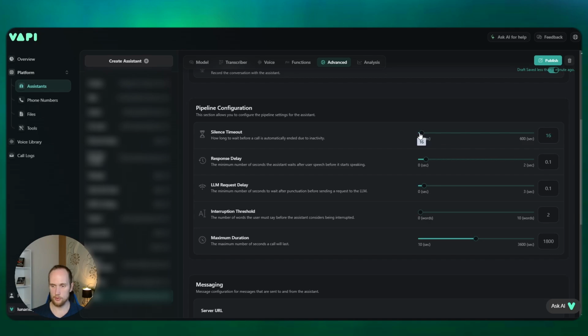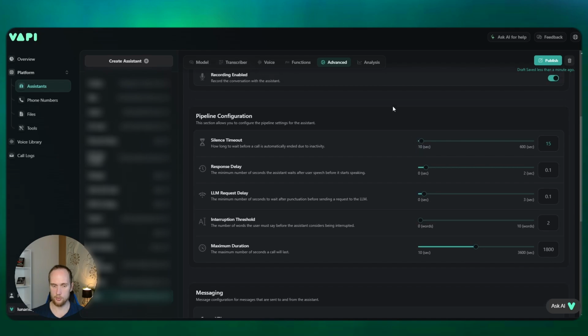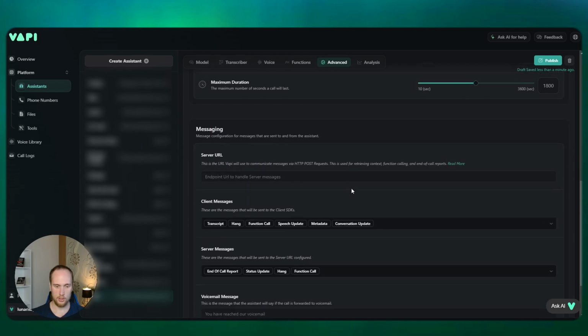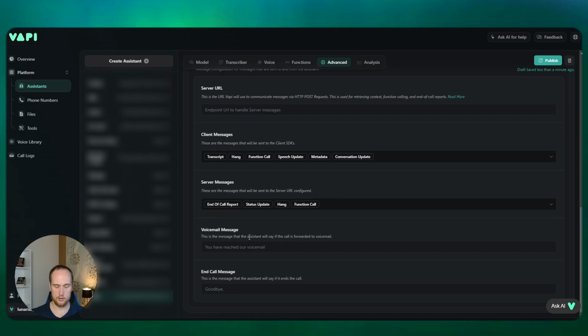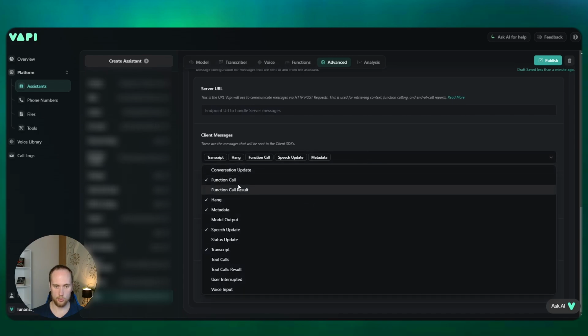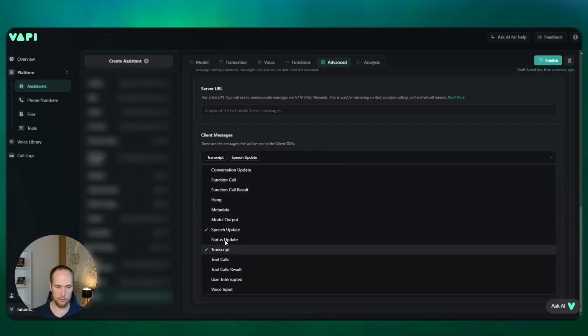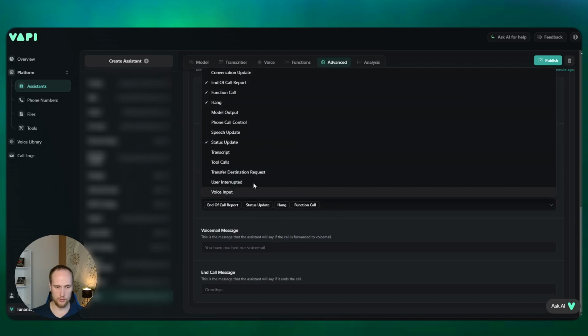In advanced settings, I actually find the 30-second timeout to be too long. Like 15 has been good for me. And in here, you don't really care about the client messages. We don't have an SDK set up. I just leave something on just for the sake of it.